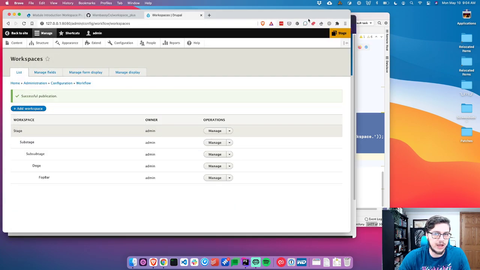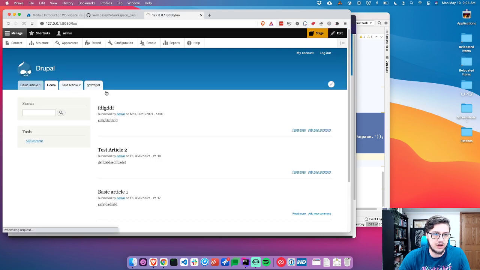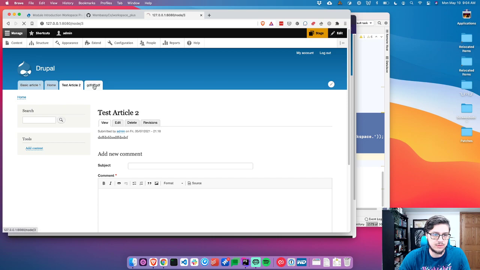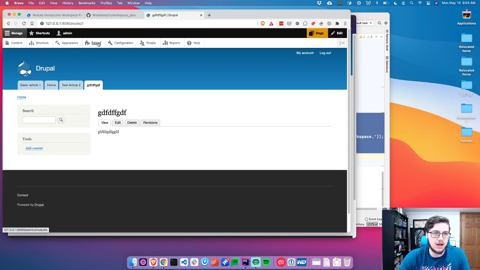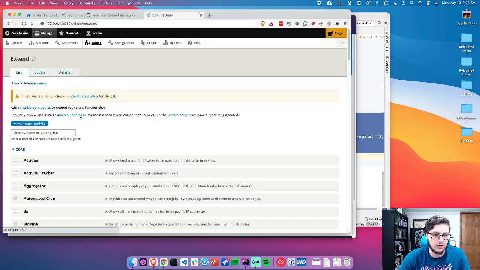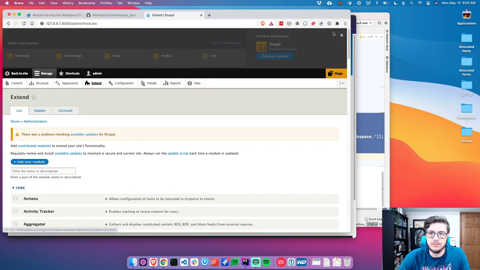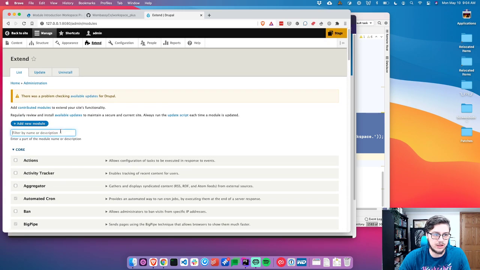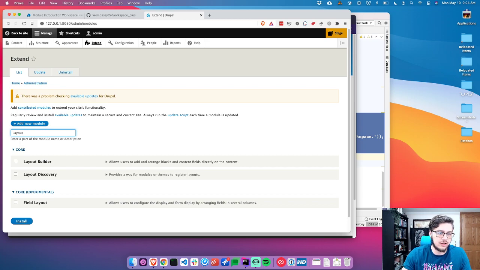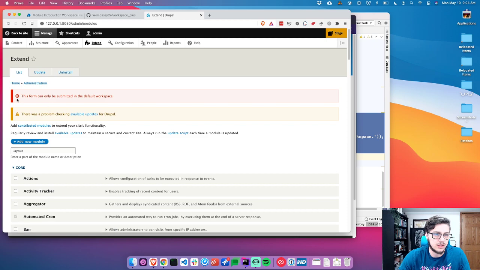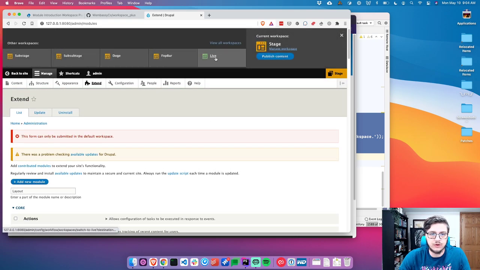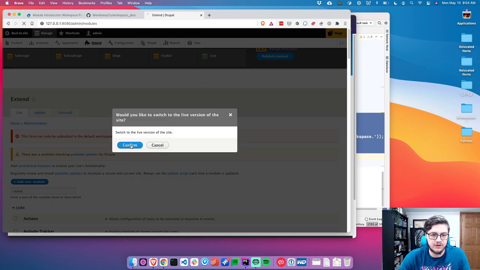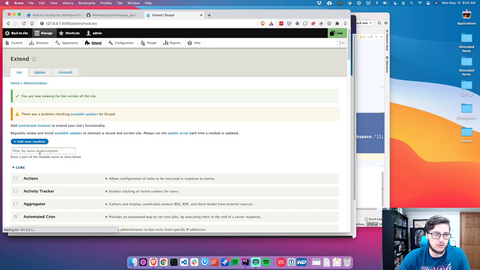So let's go back. We're in stage. Let's go back to the site. Let's say I'm a content editor. I'm going to go to my test page. I'm not with the Umami demo, so I don't have layout builder. This is actually an example right here. So let's say I wanted to install layout builder. Form can only be submitted in the default workspace. So this goes for all forms. So live is the default. Let's get back to there real quick and